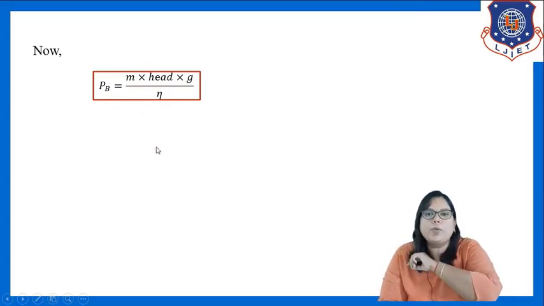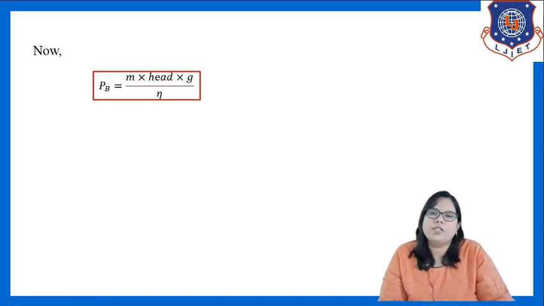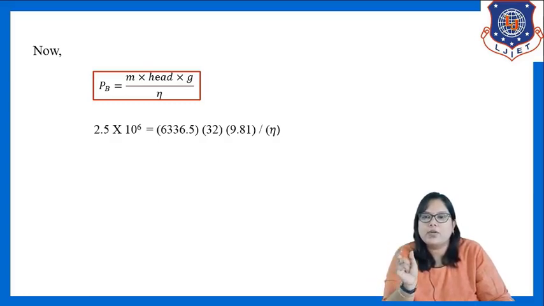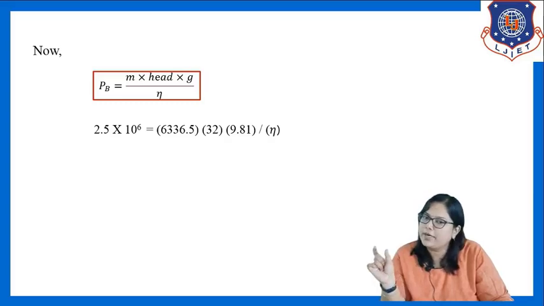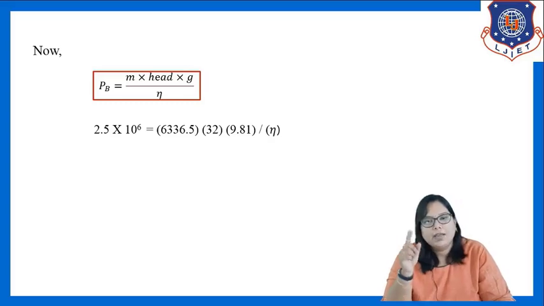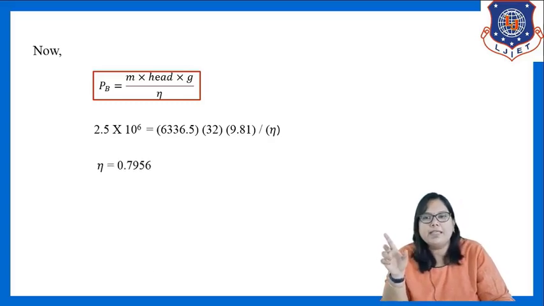Now in this whole equation, the unknown value is only efficiency. So put in all the values which we have. Power is 2.5 into 10 raised to 6 is equal to mass flow rate 6336.5 into head, which is given as 32, into g 9.81, divided by efficiency eta. When you simplify this, you get eta is equal to